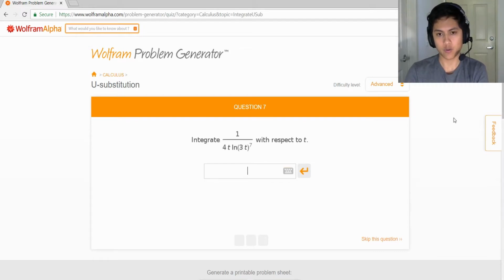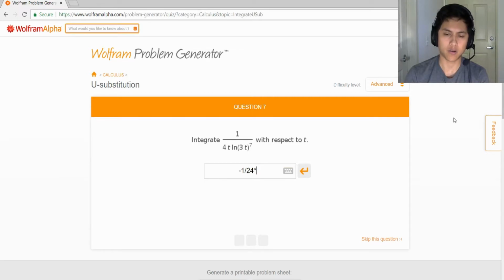So I have a 1/4 integral of 1 over u to the 7th power, so u to the minus 7th power, right? So I'll integrate that. That's going to be u to the minus 6 over minus 6. And I have a 1 over 4 outside. So I have a minus 1 over 24 on the outside times